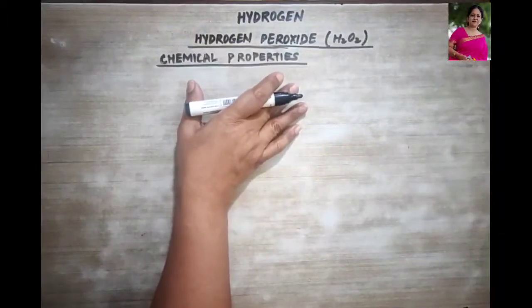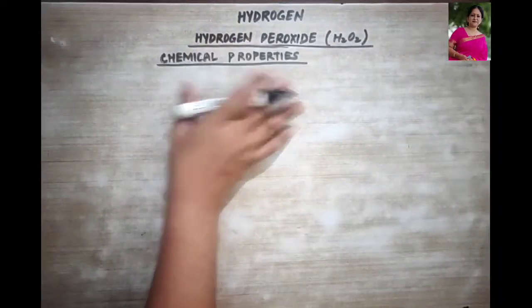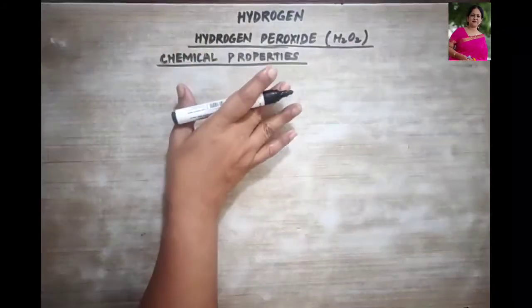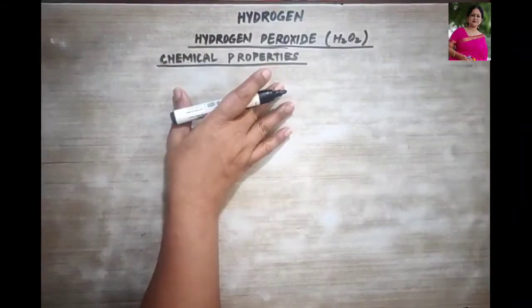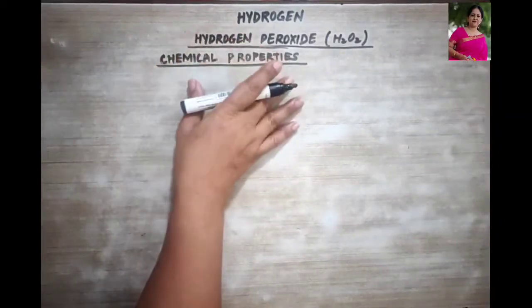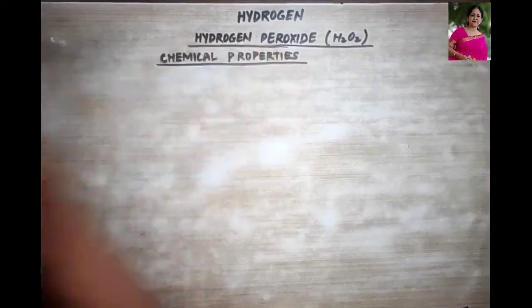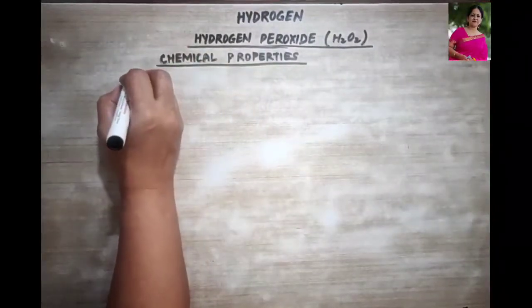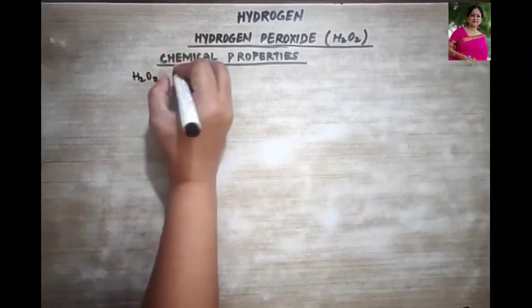So let us begin with some chemical properties of hydrogen peroxide. Now this hydrogen peroxide acts as an oxidizing agent as well as a reducing agent, both in the acid and in the alkaline solution. Very, very important chemical property, that is hydrogen peroxide